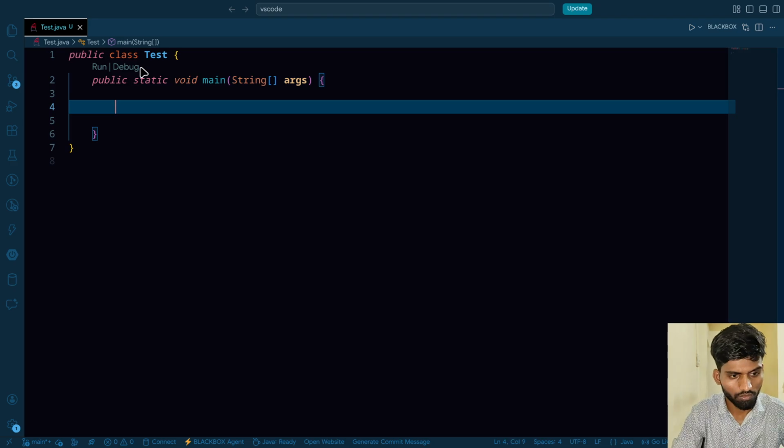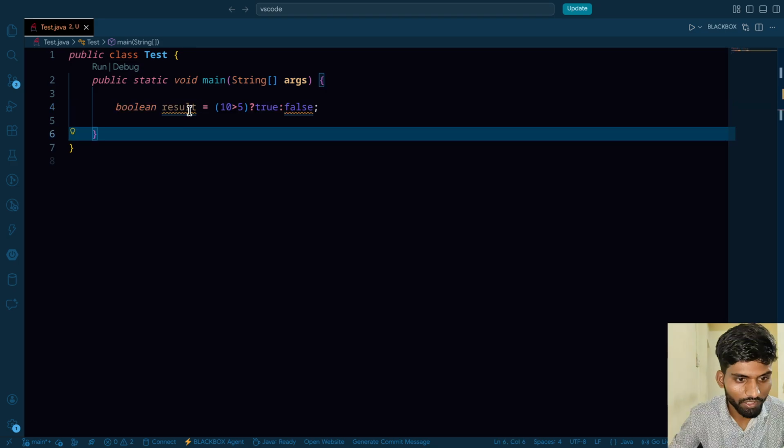I have 10. Is 10 greater than 5 or not? I want to check. If it is greater, then it returns the true value. If it is not greater, then false. So the syntax of a conditional operator is like this, and it returns the boolean value: boolean result equal to